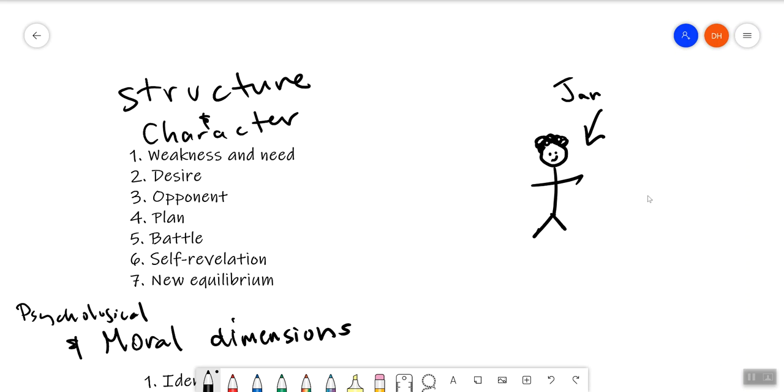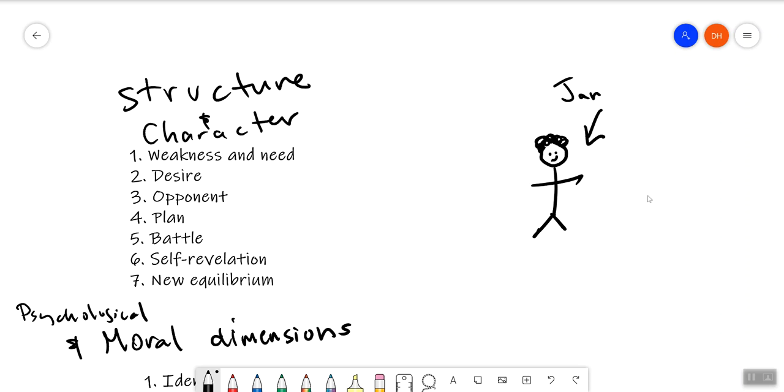In a short story, because we have a very limited page number, you want to establish the character's weaknesses and needs as clearly and as early as possible. Now, I'm going to use the term hero interchangeably with point of view character, protagonist, character in general. Okay, they're all the same thing. So if you hear hero, protagonist, point of view character, whatever, they're all the same thing.